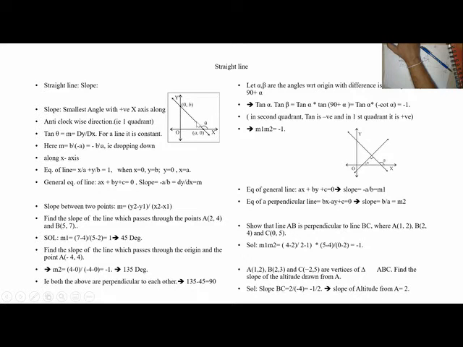So when I take tan theta in the second quadrant, the x is negative. X2 minus x1, y2 minus y1. So y2 minus y1 is positive, x2 minus x1 is negative. X2 is 0, x1 is plus, so this is negative. That is why the second quadrant is negative. First quadrant is positive. So this is a positive slope, this is a negative slope.